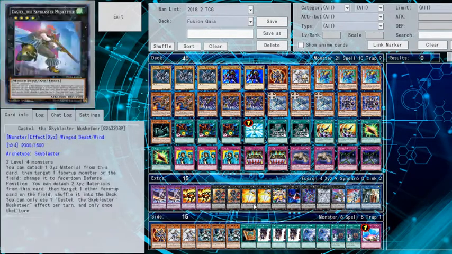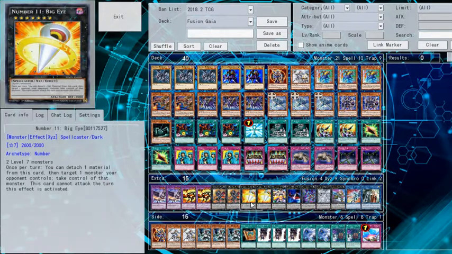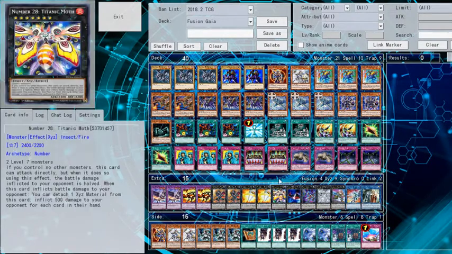As for specific cards in the extra deck, Red Eyes Flare Metal is just a good thing to sit on and watch your opponent burn themselves to death. Big Eye can steal something, which you can use as link material to make Gaia Saber if you're into that. Or you can steal his Great Moth and beat him to death. Titanic Moth is sort of like, hey, my Moth's better. It attacks directly, it can win games, it's actually kind of useful for that, and that's why I considered it over just